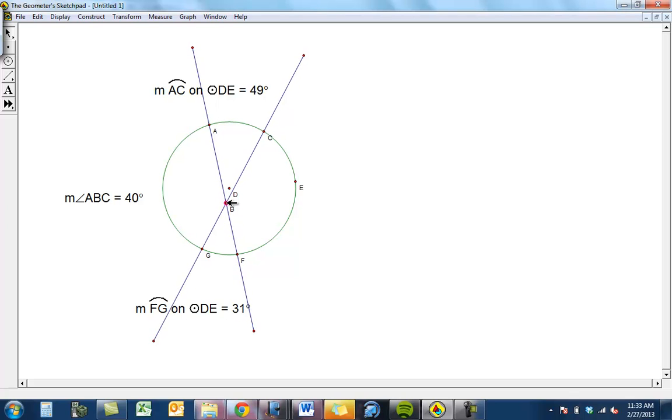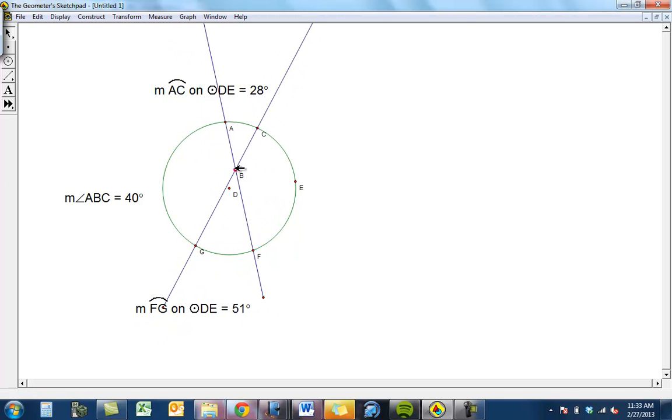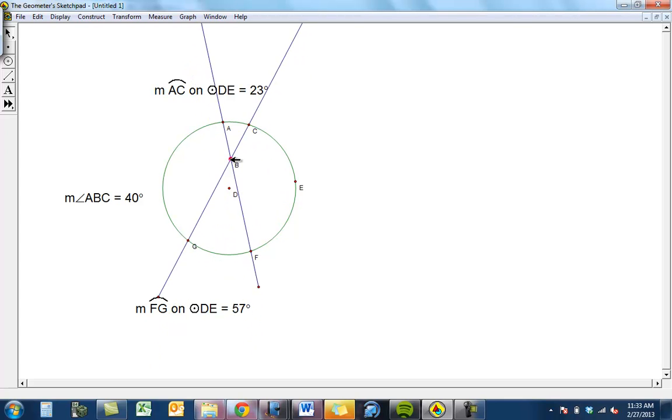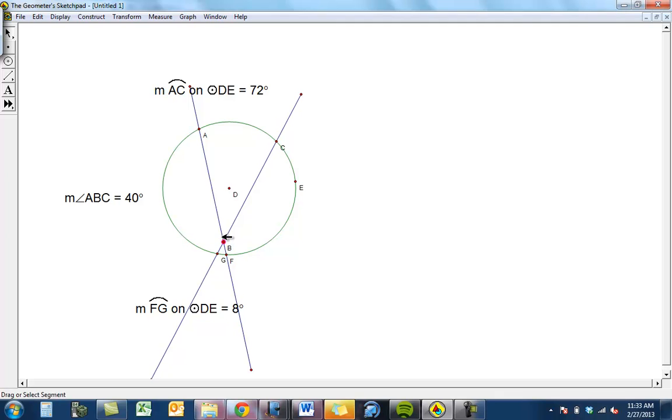When you pull it back here to 50 and 30, this one went up by 10, this one went down by 10. 50 plus 30 is 80, average of that is still 40, because as you see, the angle here never changes. So when it's inside, it's the average, right? Until it gets to 72 and 8, which is still 80, and half of that is still 40, until B gets